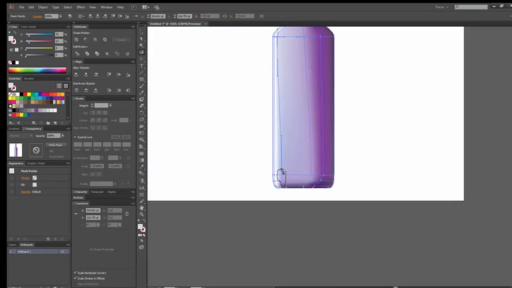I hit the tab button there, if you're wondering what just happened, why the screen did that. I hit the tab button, which gets rid of your panels. And I was trying to hit the Q button for the lasso, but